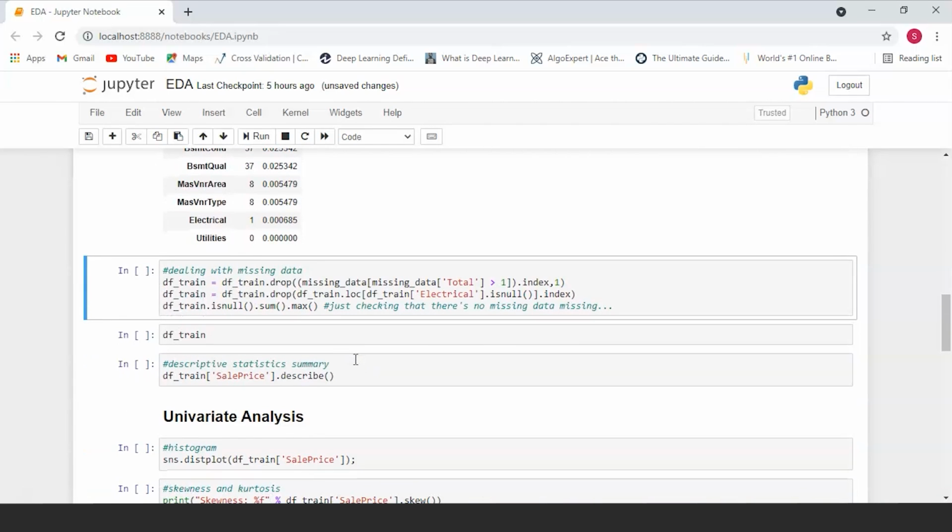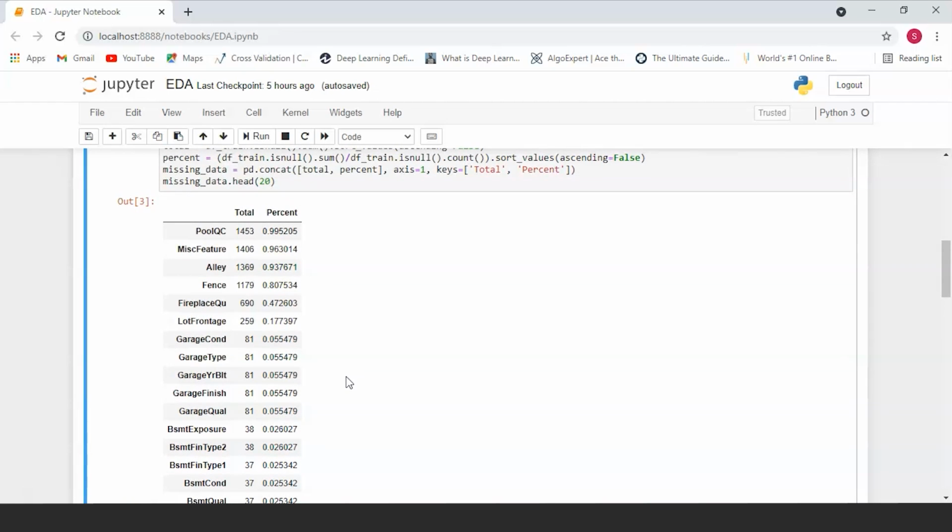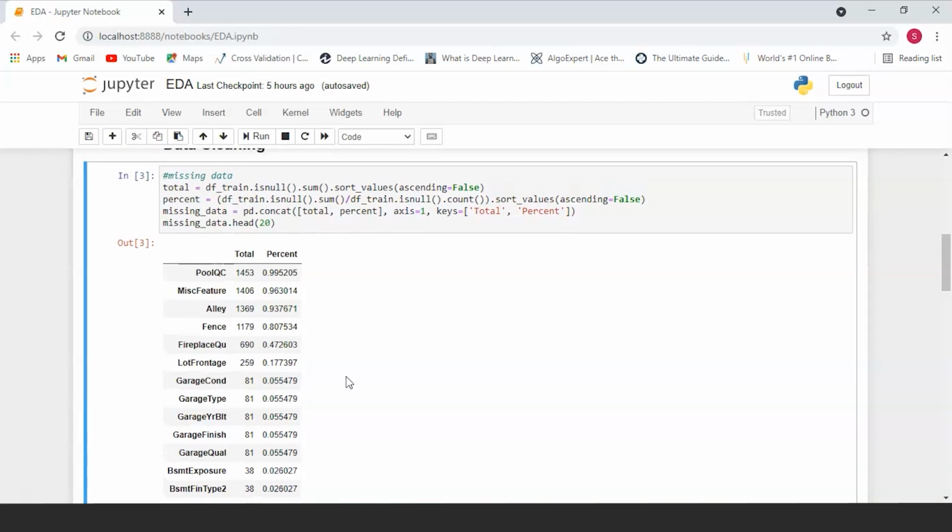So now let's deal with missing data. To deal with missing data, there are two different things that you can do. So how do we decide which values to drop and which ones to fill in? We'll consider that when more than 15% of the data is missing, we should delete the corresponding variable and pretend that it never existed. This means that we will not try to do anything to fill the missing data in these cases. According to this, there's a set of variables, as you can see, PoolQC, MiscFeature, Alley, Fence, and FireplaceQu, that we will have to delete, and even LotFrontage.